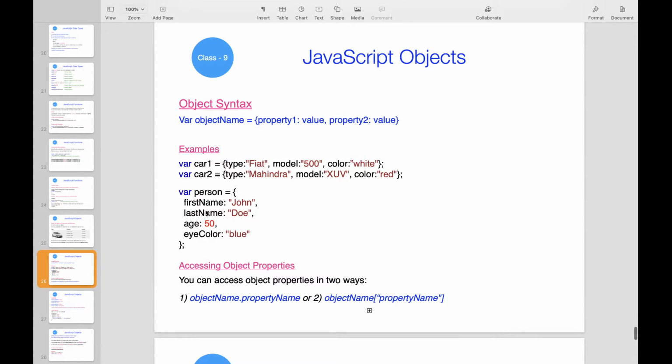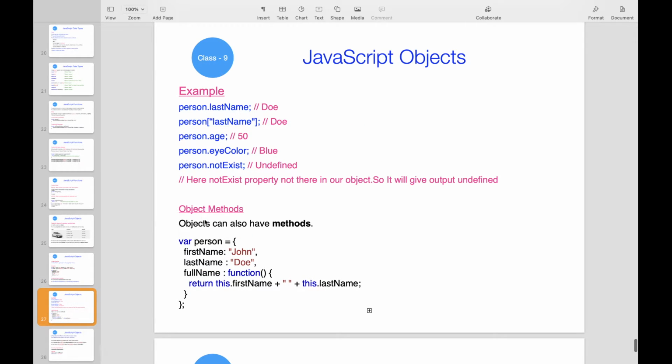Actually, till now I have explained about properties. So there are methods also. Okay, so object methods. This is the example for object methods. Here I have used fullName. fullName is the method of the person object. So here person is the object and fullName is the method. firstName and lastName are the properties. So here fullName is the method that will give output firstName plus lastName. Here firstName we are using from this, whatever object, person.firstName.